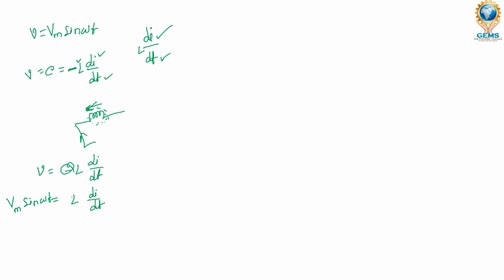From this, if I take this di value, di equals, L will go here, Vm by L into sin omega t into dt. This is the formula. If we integrate on both sides,